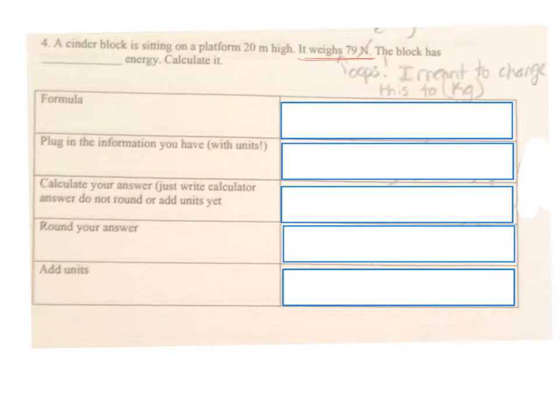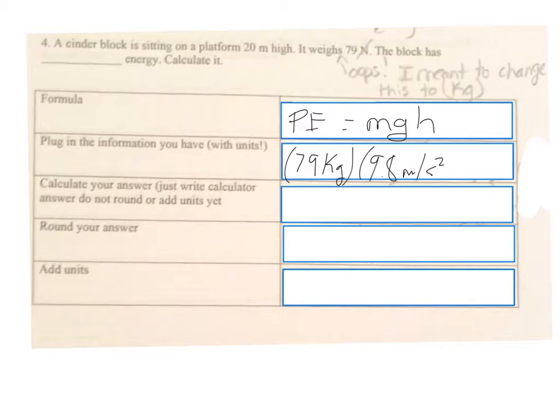All right, so the formula here is going to be potential energy, once again, because this object is just sitting there. Let me use the black pen. Okay, so PE is mass, gravitational acceleration times height. So the mass here, I'm going to call that 79 kilograms. I apologize again for not changing the units. The gravitational acceleration, 9.8 meters per second squared. And the height is 20 meters above the ground. Now we're going to multiply all that out. And when I do that, I get